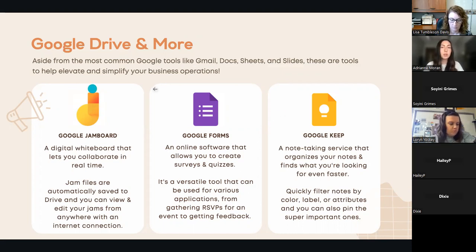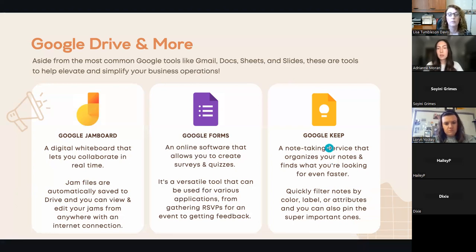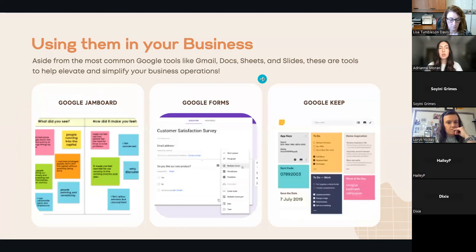So if you have used any of these tools within Google Drive, throw a 1 in the chat for me. I would love to see, or if you have a favorite one, maybe throw that in the chat, just to kind of gauge our audience here. And so while we are doing that, I appreciate the engagement. I'm definitely an individual that thrives on feedback, engagement. So feel free to throw anything in the chat.